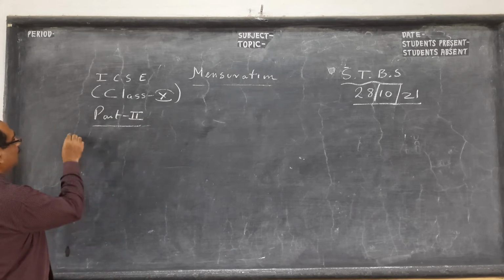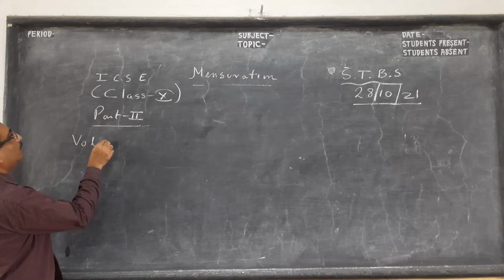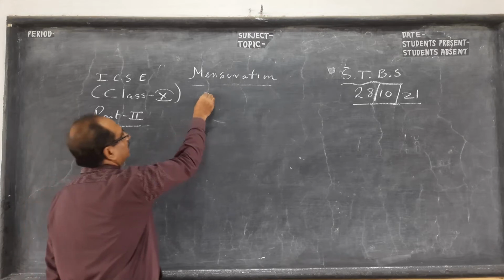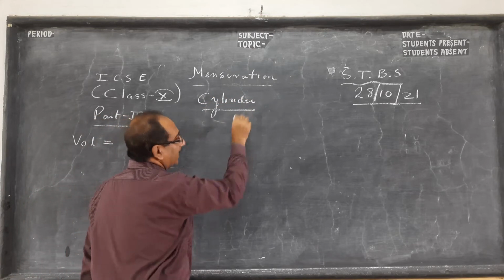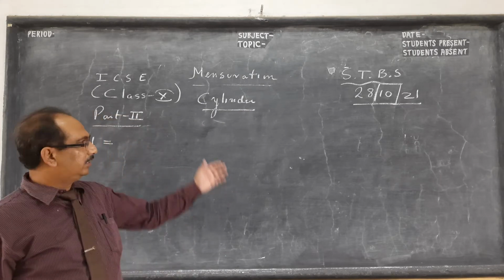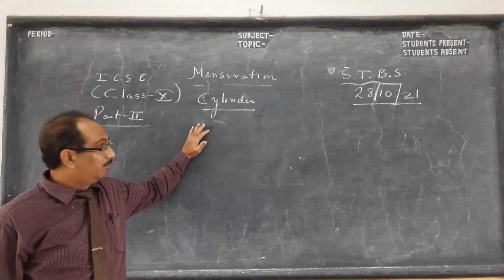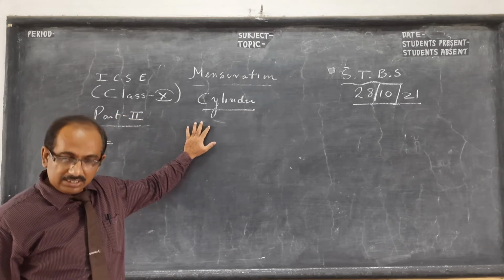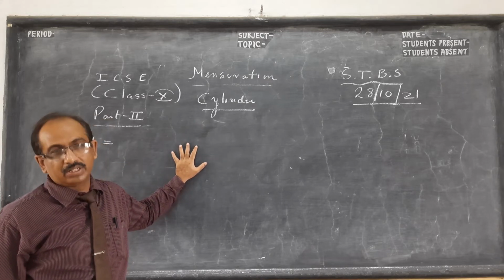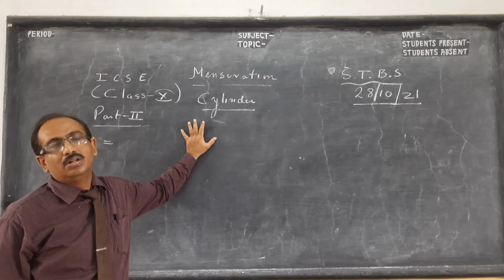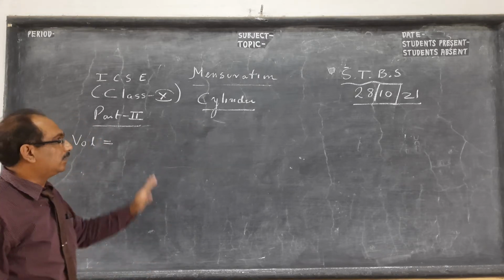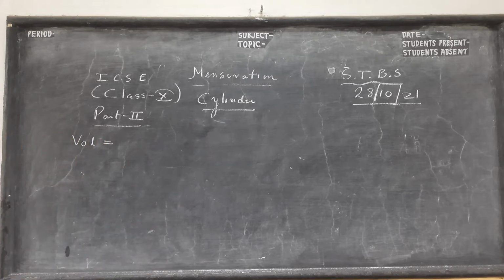So just once more I am recapitulating the volume of a cylinder, children. Next we will do the cone. For the cylinder, maybe we will have two videos. Number one, we will have easy questions, and second, we will try to do some difficult questions. Then we will have the cone, and as you know, cylinder and cone are there, and sphere is out of